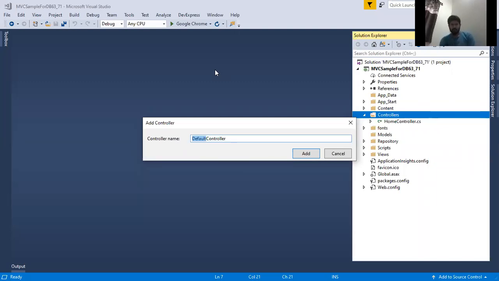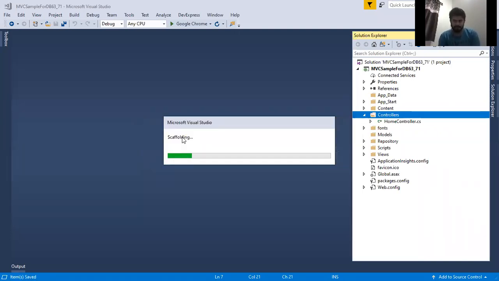Now tell me, currently you are dealing with which table data? Obviously Patient. Yes, you are correct. Patient, sir. And hence the proper name for this controller can be patient controller. Click on add. So anyhow it is showing scaffolding. Scaffolding means it will create required folders.